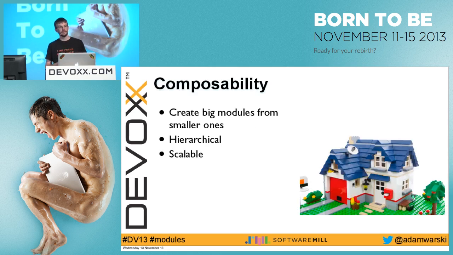Another very important property, composability. So are we able to create big modules from small modules, right? So can we stack our modularity implementation, right? So this can be hierarchical. It doesn't have to be. For example, packages aren't really composable. You cannot compose a package out of any other packages, right? The same, you cannot compose multiple jars. You can compose multiple classes, for example.